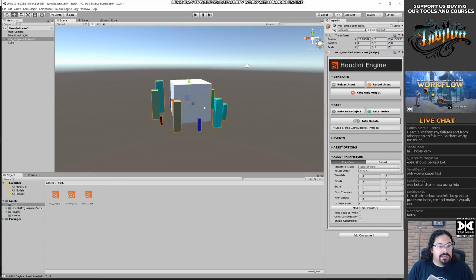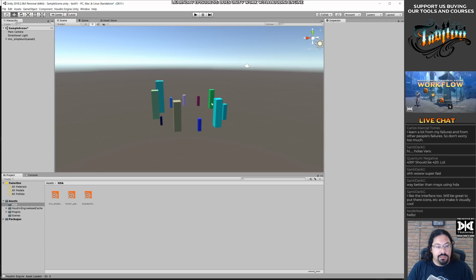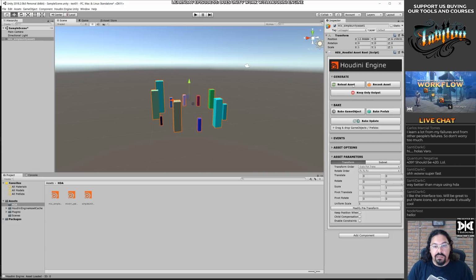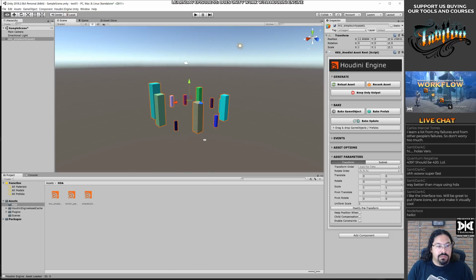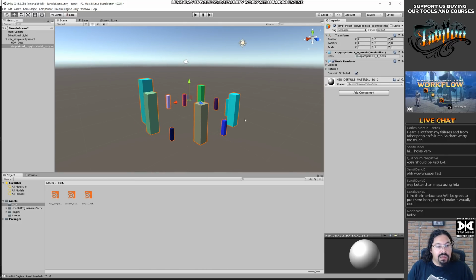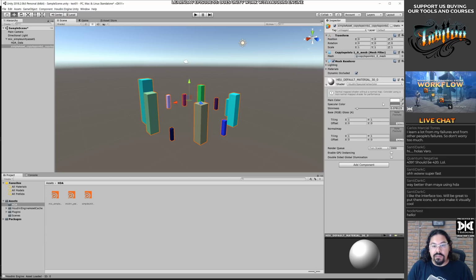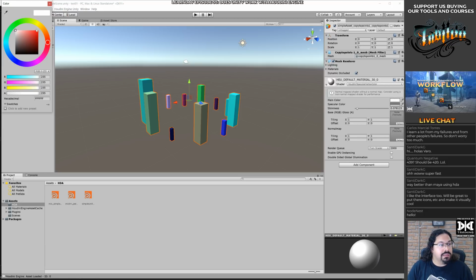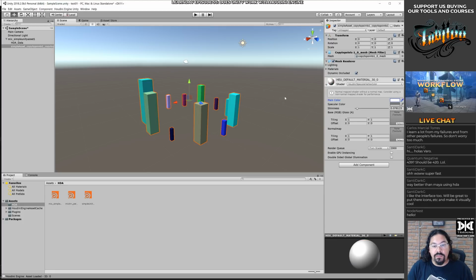Did you just refresh? Reload. Okay. Nothing happened. It does have a shader now. There we go. Yeah. So the shader's here now. Okay. I don't want to use it, but it's there.